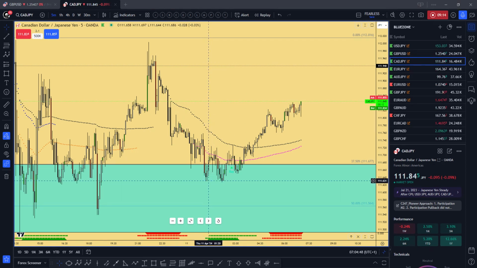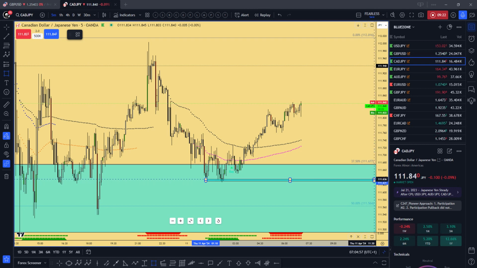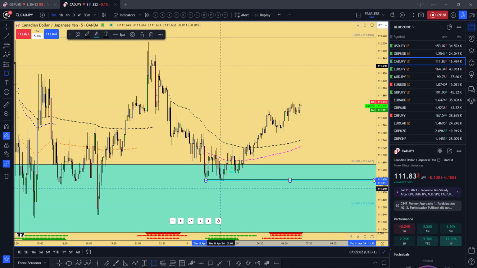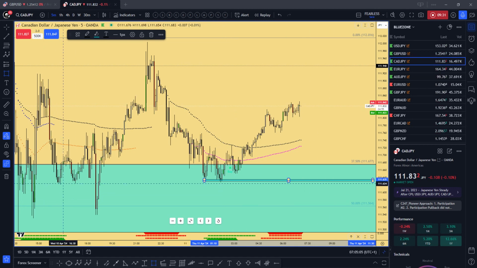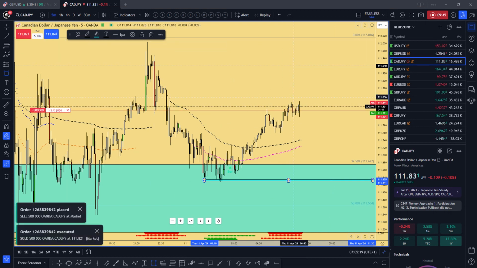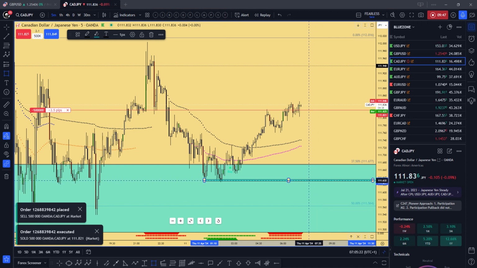Look at this here. That was a setup that took place here yesterday. They manipulated it, they moved higher, and that's the same thing we have here. So you can scalp this thing to the downside here. You can actually do that now. Looking to target the low here. Where's the take profit